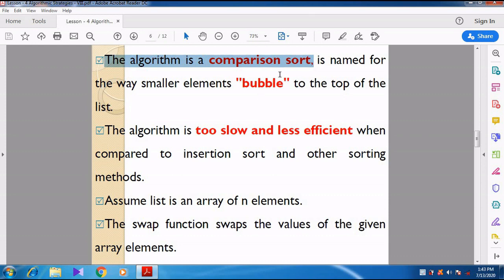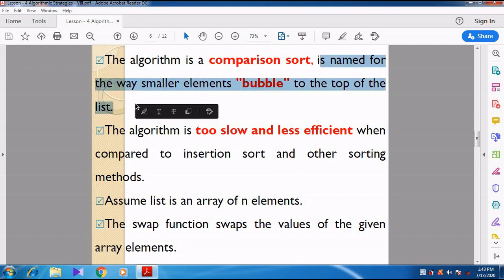The algorithm is named for the way smaller elements bubble to the top of the list. So the smaller elements should come to the top of the list. That's why it is called comparison sort. The smaller elements are otherwise called bubbles.